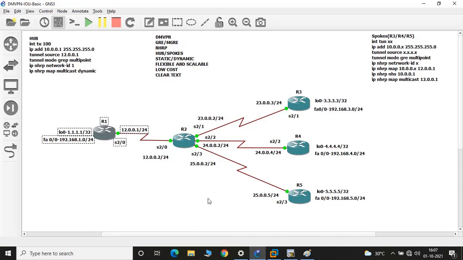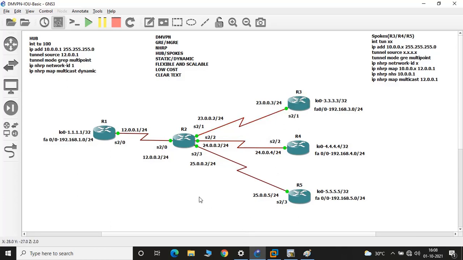Before moving ahead, let me tell you a few things. With the help of NHRP, and of course multi-point GRE, we are going to achieve this. NHRP has two things: NHRP clients and NHRP server. All the clients will communicate with the NHRP server. Here all the remote ends or the branch offices will be acting as NHRP clients, and our headquarter R1 is acting as the NHRP server. So we need to define on R3 who is the next hop server, or NHRP server, from where it should take all the updates.